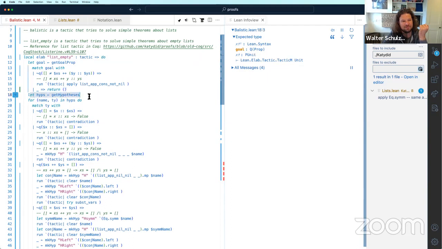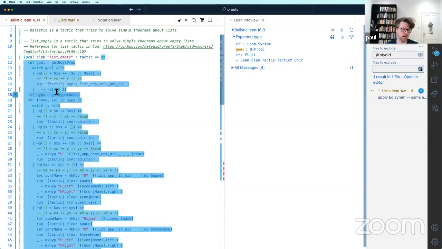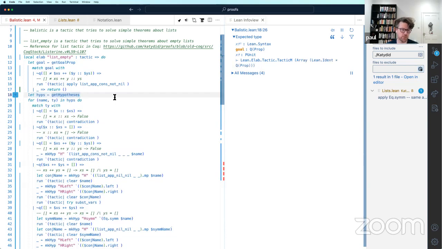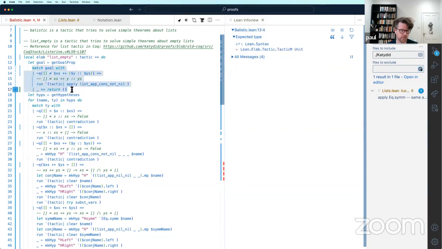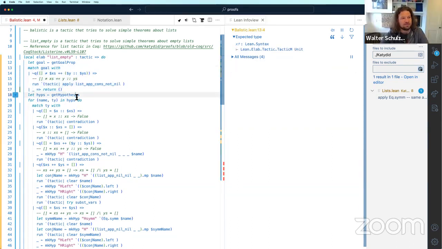But then we still go on to the next bit. Isn't this just because we're binding goal? When we say return void, does that bind goal? I think it's like this actually.